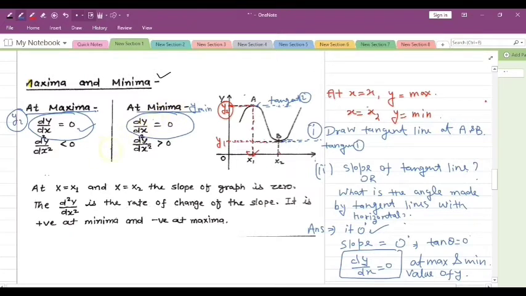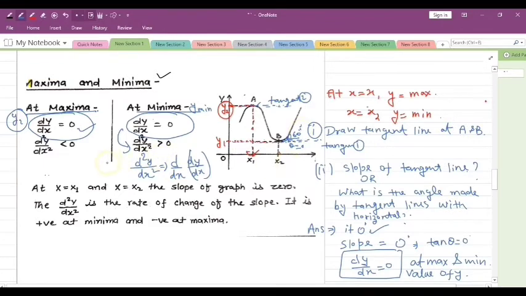But if I ask you what is the double differentiation, that is d2y upon dx2, it is also called the rate of change of slope and is written as d/dx of dy over dx. Then you will say that at this point your theta is 0 degree, but as soon as you move ahead, your theta becomes like 60 degree. I am just taking an example. It may not be 60, but you can understand that this value is positive.